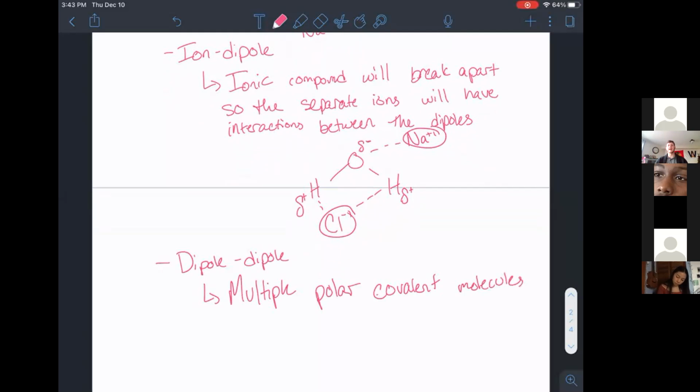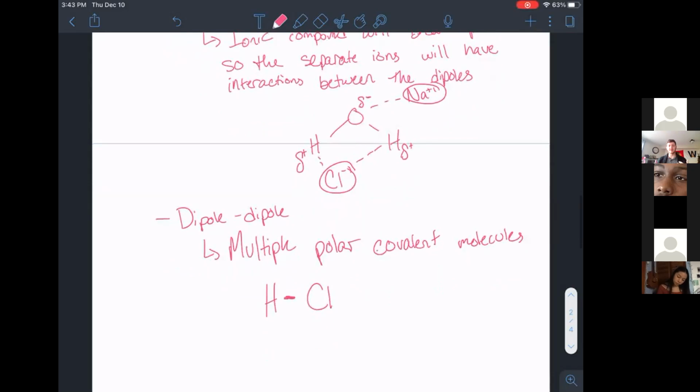So if I have a bunch of hydrogen and chlorines bonded together, chlorine has a much larger electronegativity, which means it's going to have the partial negative. Hydrogen has the partial positive, and then another hydrogen and chlorine come in. And so this partial positive is going to have that intermolecular attraction, or intermolecular force, trying to attract that hydrogen to the chlorine. And this one has that partial negative charge. So if I had a third one, we'd see another attraction between that chlorine and that